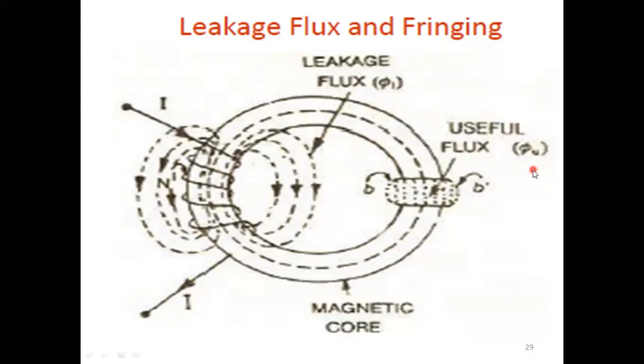Plus this one here. So, example, we can also consider this. Suppose there is a syntax of 20 liters. Out of 20 liters, only 15 liters of water came out into the bucket, and where did the other 5 liters go? That is called leakage. You can call it like that. The total flux equals phi L plus phi U. I am just giving the example of the syntax, bucket and all the things, for better understanding.